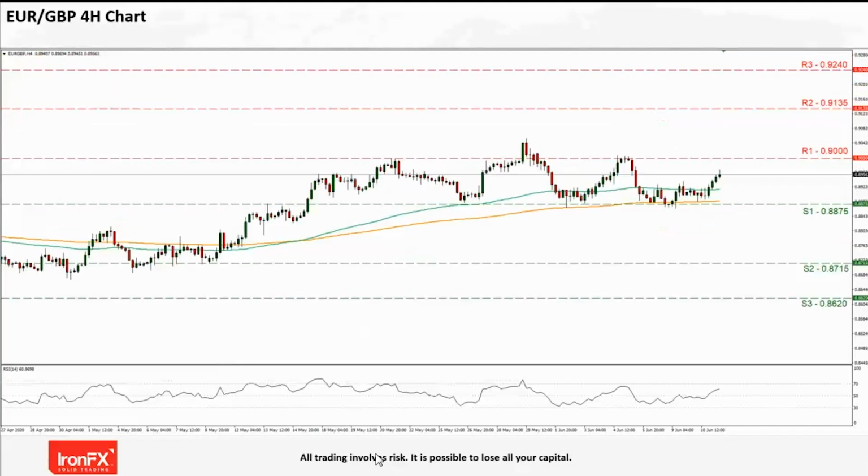Moving now to Euro GBP's 4-hour chart. Euro's strength has been very evident lately and has been bolstered by the ECB's unexpected addition of 600 billion euros to its pandemic emergency purchase program. Adding to that, very recently the European Commission proposed a 750 billion euro stimulus plan, 500 billion euros of which would be given in the form of grants to economies and sectors hit hardest by the coronavirus pandemic. Today's Eurogroup meeting could affect the pair's direction decisively, as noted in our Euro USD analysis.